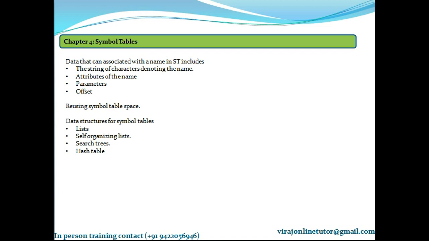To retrieve the information about a name, we search from the beginning of the array up to a position marked by a pointer, available, which indicates the beginning of the empty portion of the array. When a name is located, the associated information can be found in the words following it. To insert a new name, we must scan down the list to be sure it is not already there.